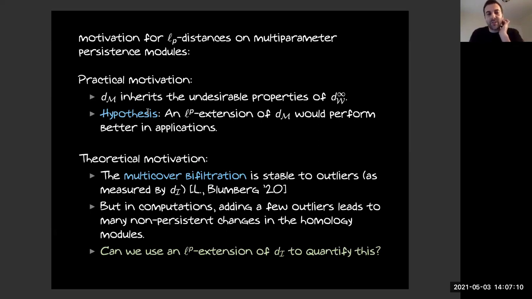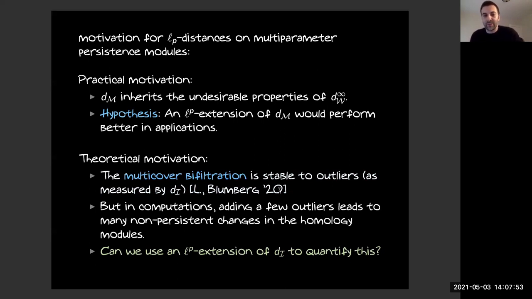We also have some theoretical motivation. I'm just going to talk about it quickly because there's so many different definitions floating around here. Maybe we'll talk more about it at the end of this time. There's a 2-parameter filtration that interests me a lot called the multicover bifiltration. It's like a density sensitive bifiltration. It turns out to have a nice stability property with respect to outliers, which is formulated with respect to the interleaving distance and what's called the Prokhorov distance. This is like a close analog of, say, stability of offset filtrations for ordinary persistent homology, but it's density sensitive. This is a recent result